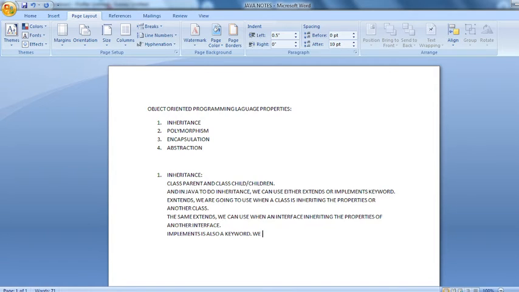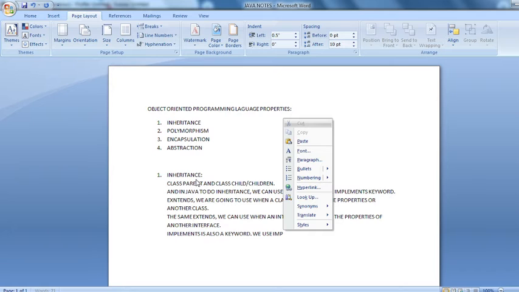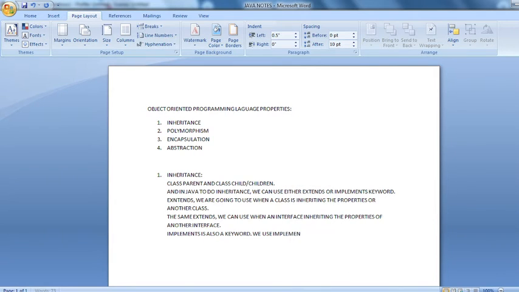We use implements when one class is inheriting the properties of another interface, or from an interface. Okay, so in Java